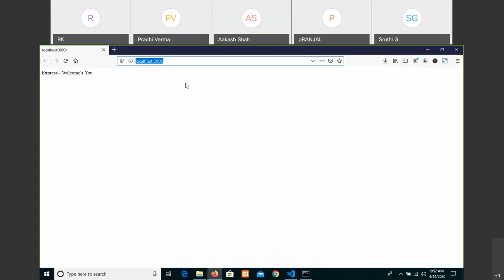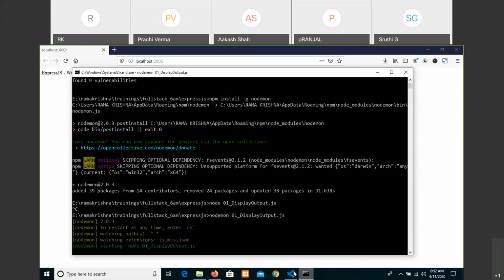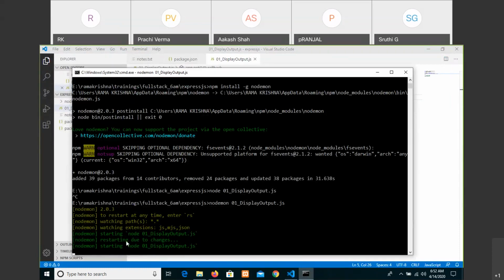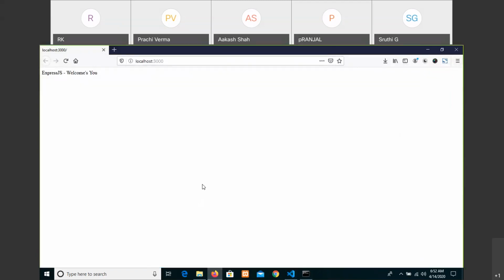That output will just keep running. If you change something else, as soon as you change it, it says restarting due to changes. Once you refresh the browser, it updates its value. That is why we gave preference to nodemon.